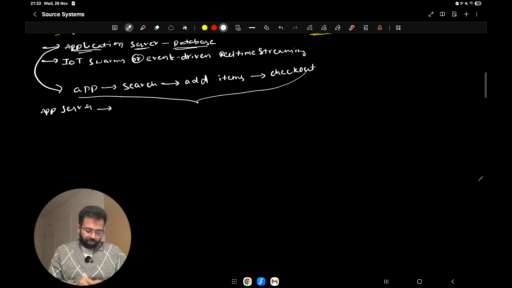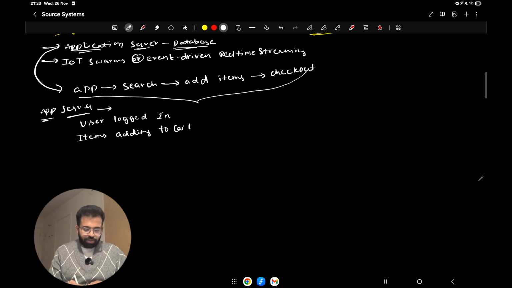So for example, this application server processes every single step in this flow. One step can be that it calls the code related to user logging in, or items being added to the cart, or some other step like payment started.